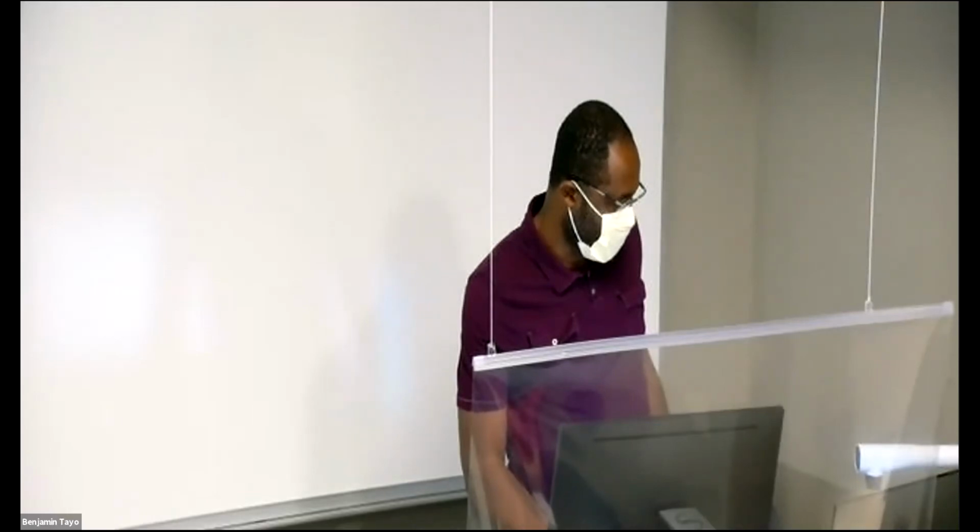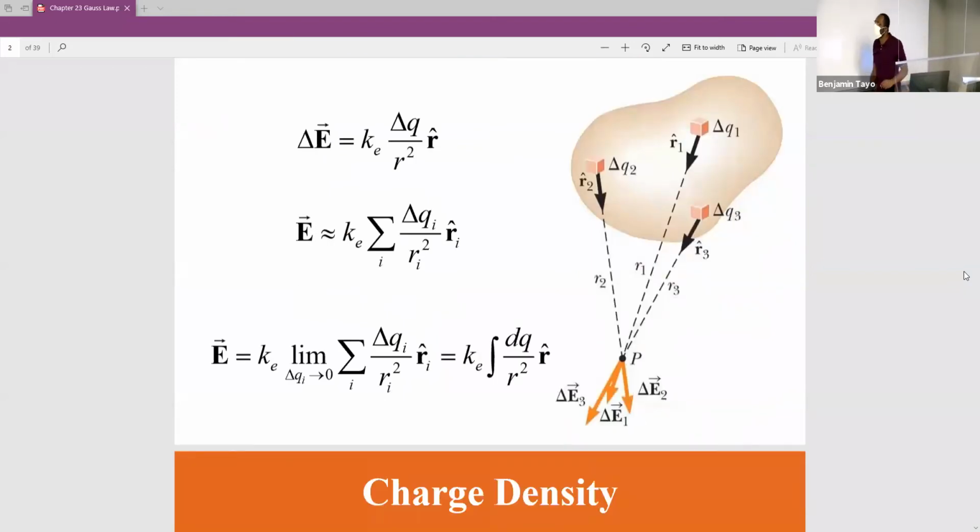Let's go back to this PowerPoint here. Now, this is exactly what I was saying. So suppose that we have, as an example here, this is some volume. Using calculus, suppose that I want to calculate the electric field at point P, then I can take my volume and break it up into